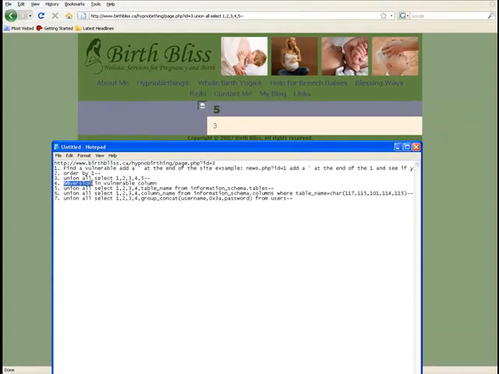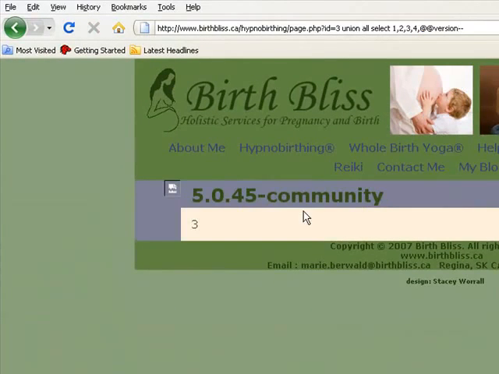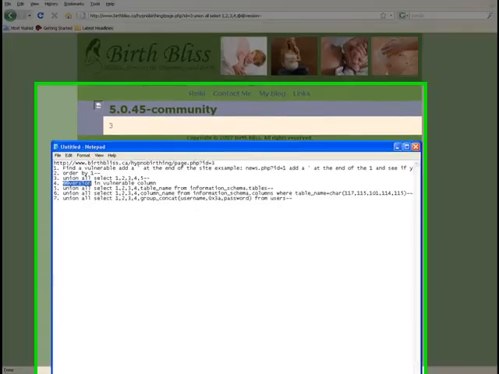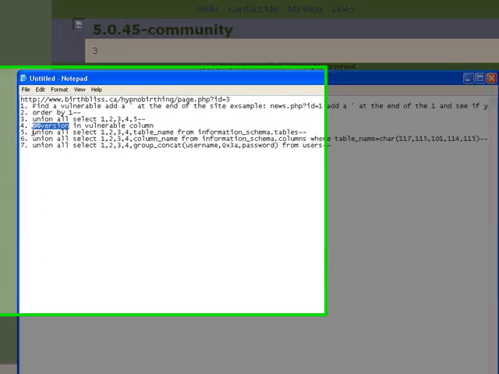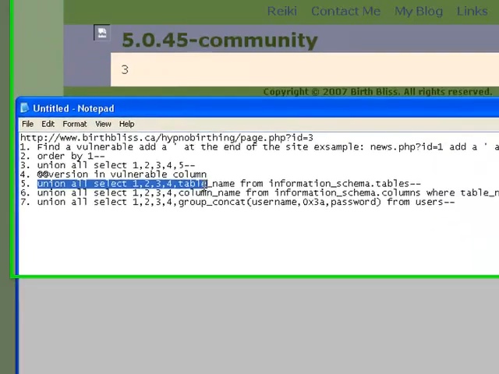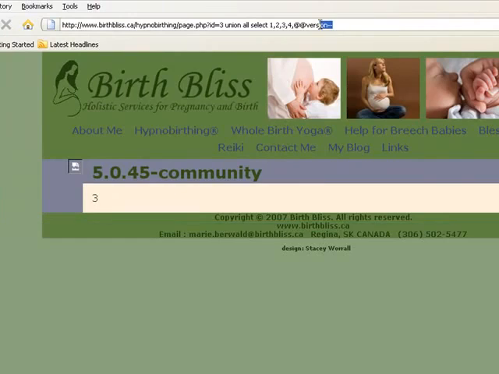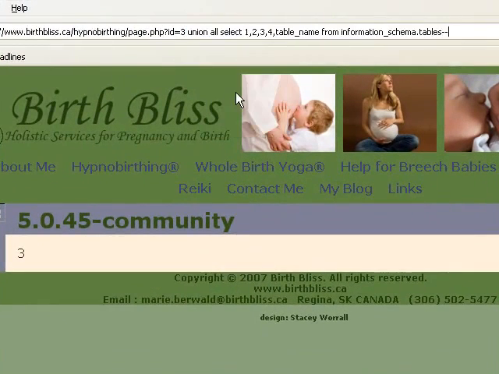For the 5th column, we're going to replace it with @@version, so we can get the SQL server version. And as you can see, the server version is 5.0.45 community, which is good. So our next step would be to do a union all select followed by all our columns. At the vulnerable column, which in my example was column 5, though it showed that column 3 was vulnerable too, I'm going to take out where I added the @@version, and I'm now going to replace it with